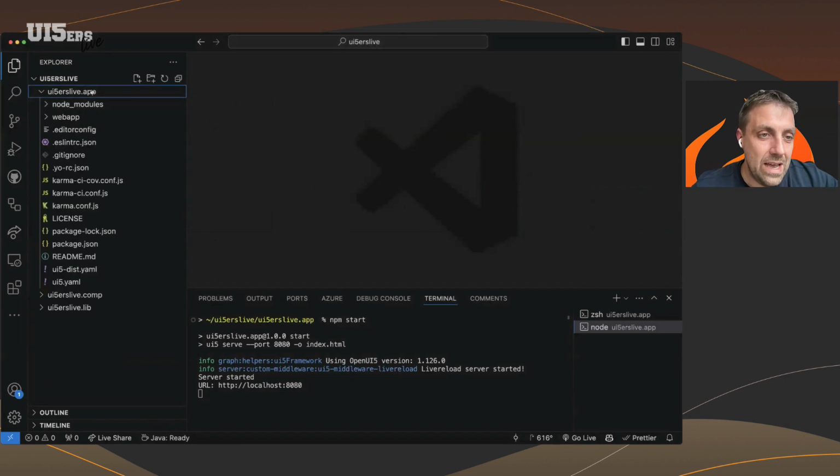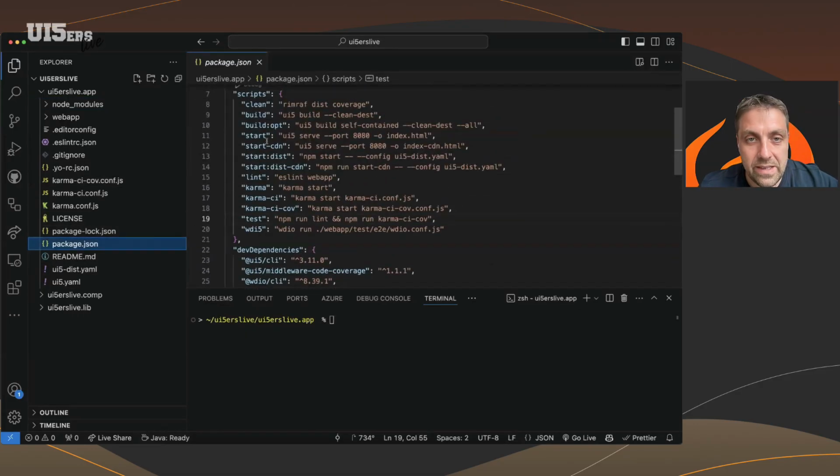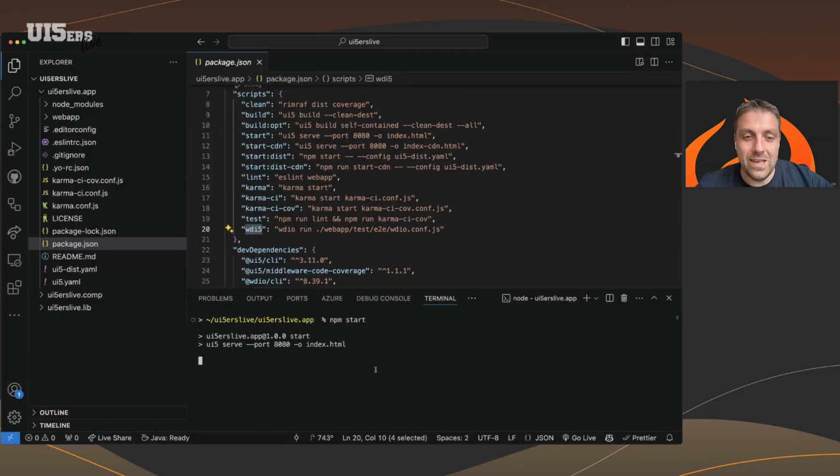So now what you get, let's go to Visual Studio Code, is this UI5ers Live app. This is a very simple UI5 application, and it's already completely pre-configured. It comes with testing, a build, linting, and an environment to start and test the whole thing. And for sure, the VDI5 testing is also integrated out of the box. If I start the application now, we can also immediately see how one of the tooling extensions is working, the live reload extension,